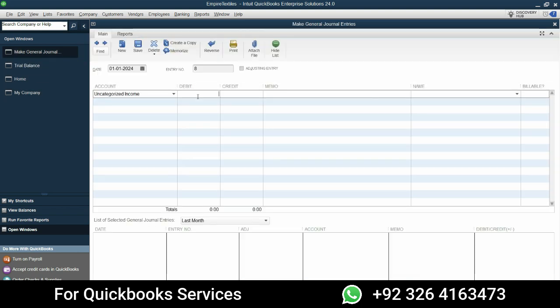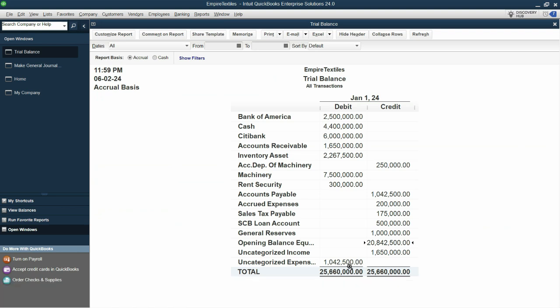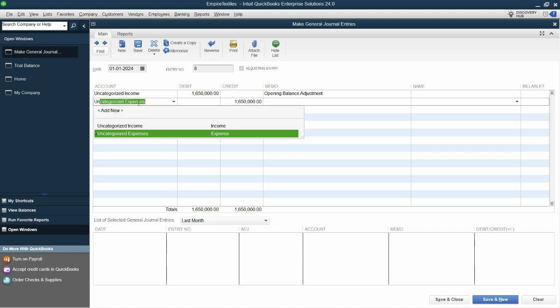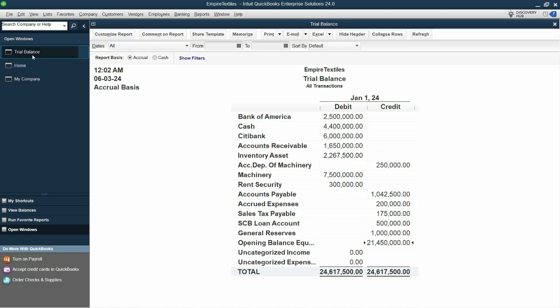I'll make it debit 1650,000. And let's put the memo opening balance adjustment, something like that. Now let's go to trial balance again, and the uncategorized expenses is 1042500. I'll put it in credit, and the difference is on the credit side. So I'll put that difference to opening balance equity, and let's save and new and then close it